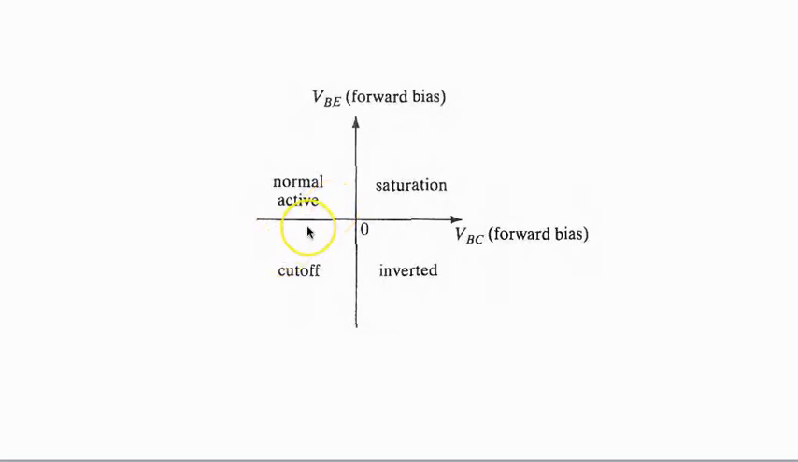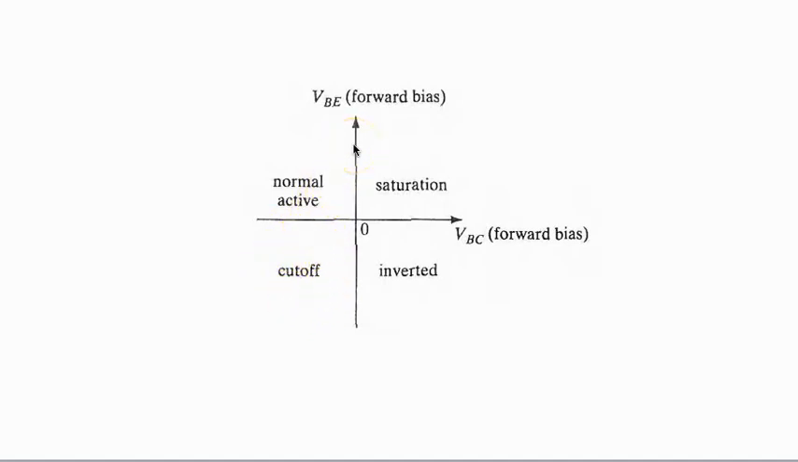There are four different modes that we actually see. When both regions are forward biased, that is the saturation region. If the emitter to base region is forward biased and the base to collector region is reverse biased, then it's the normal mode. If both the regions are reverse biased, then it is the cutoff mode,